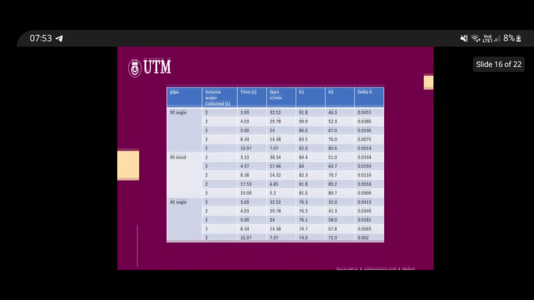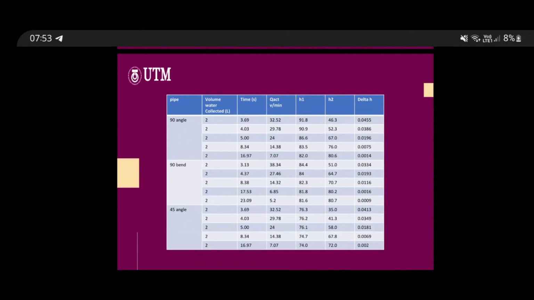This is the last one, which is for the pipes 90 angle, 90 bend, and the third one is 45 angle. Here it's only 2 liters, with the 90 angle varying between 3.69 seconds to 16.97 when we are closing the pipes gradually. The 90 bend